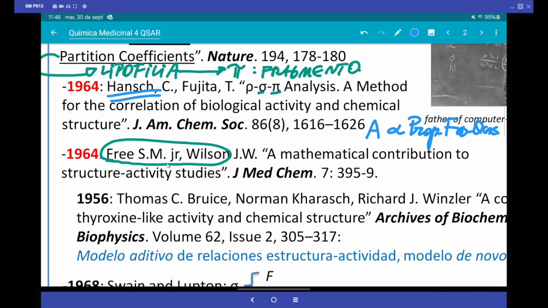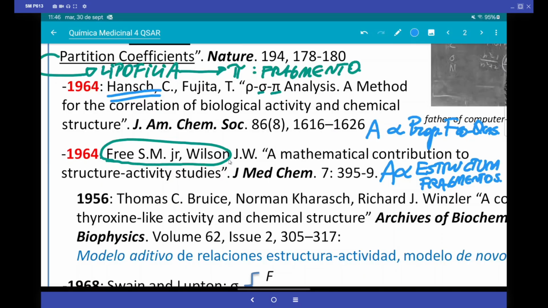But Free and Wilson have the merit that they carried out an even simpler plan by saying that biological activity can be correlated directly with the chemical structure. In other words, you can correlate biological activity with fragments of the chemical structure. You don't need to calculate anything. You don't need lipophilicity or Hammett constants. Just see what the fragments of the structure are, and with that, you can create a mathematical equation,